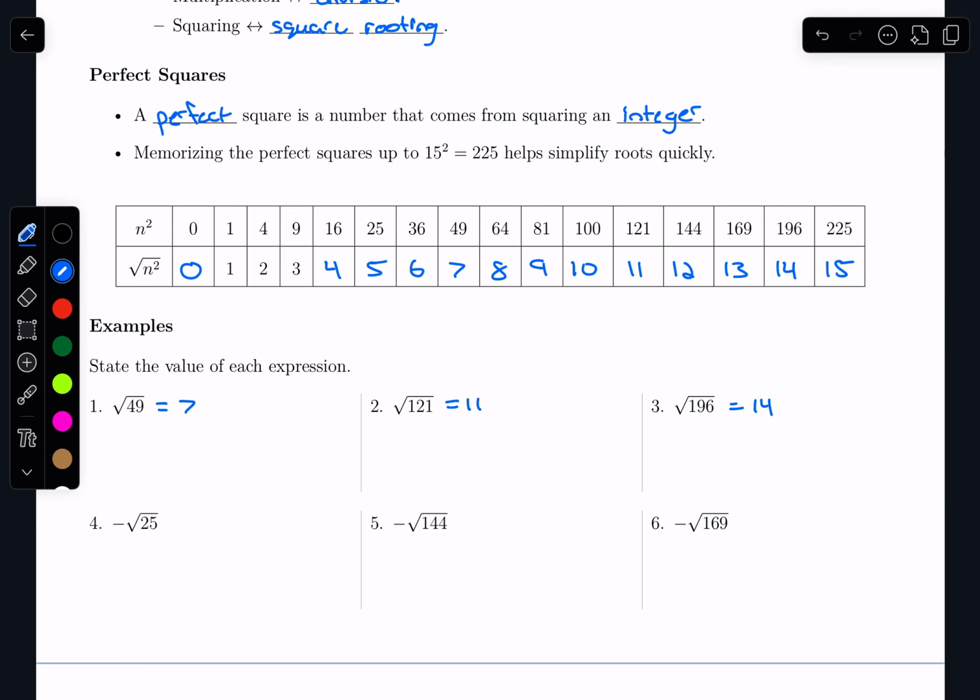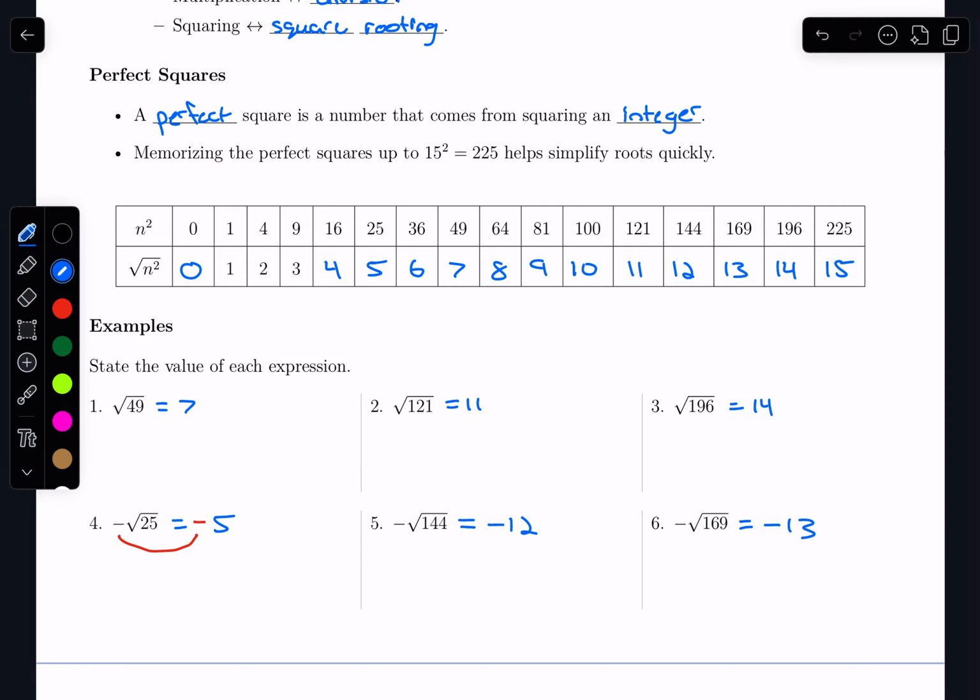It's just going to tack that negative on at the end. So for number 4, negative square root 25, that negative sign stays in front, and the square root of 25 is just 5. So all in all, we have negative 5, where all we do is take the square root like normal, but then throw the negative in the front. So similarly, negative square root 144 is going to be negative 12, and then negative square root of 169 is